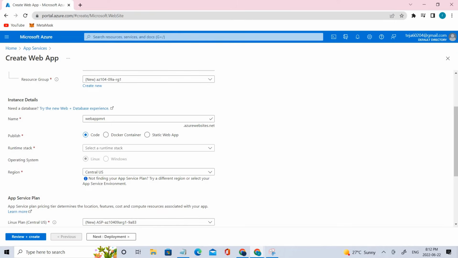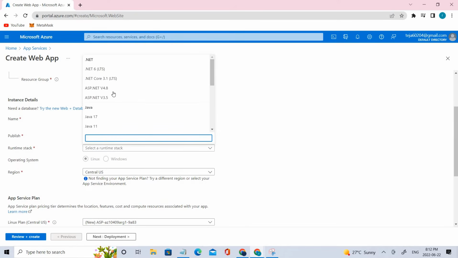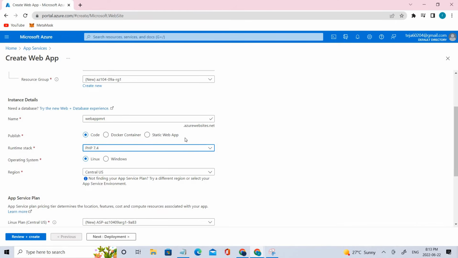And coming to the runtime stack. Basically this runtime stack defines the technology stack used to develop the particular app that we are creating right now. If you read the lab scenario from lab 9, it mentions that the websites are running on Windows servers using the PHP runtime stack. So it's related to PHP, so we'll be using PHP 7.4 in this case. If you go to runtime stack, here we have to select PHP. There you go. So select PHP 7.4,